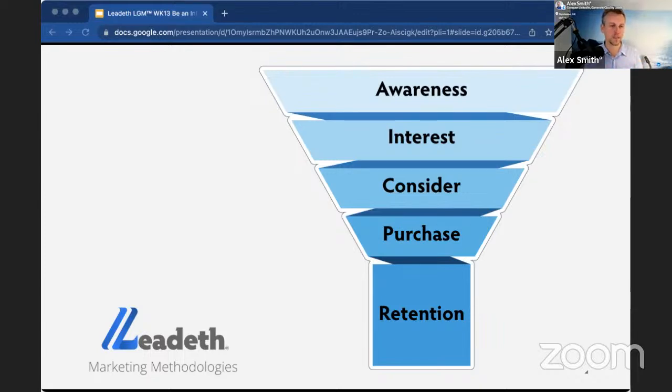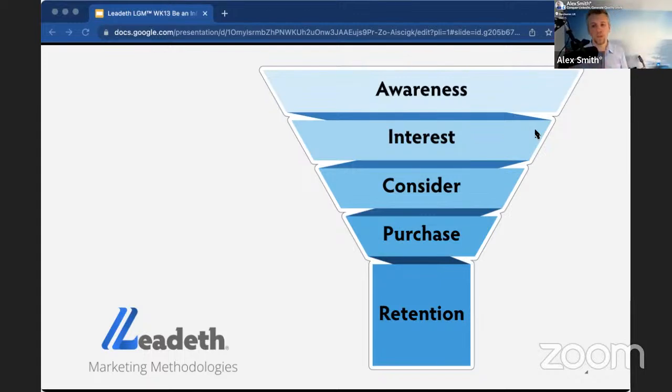So that's vital. We then move to interest. How do we get that audience to engage with us? Well, we do it through lead magnets. That could be a digital scorecard or quiz app, which gives them a score about how they're performing in a certain area, or helps them out with a problem that they've got. A classic one is case studies: proven examples of where you've worked with clients similar to them and how you've addressed their pain points. That works really well. So that gets the interest going.